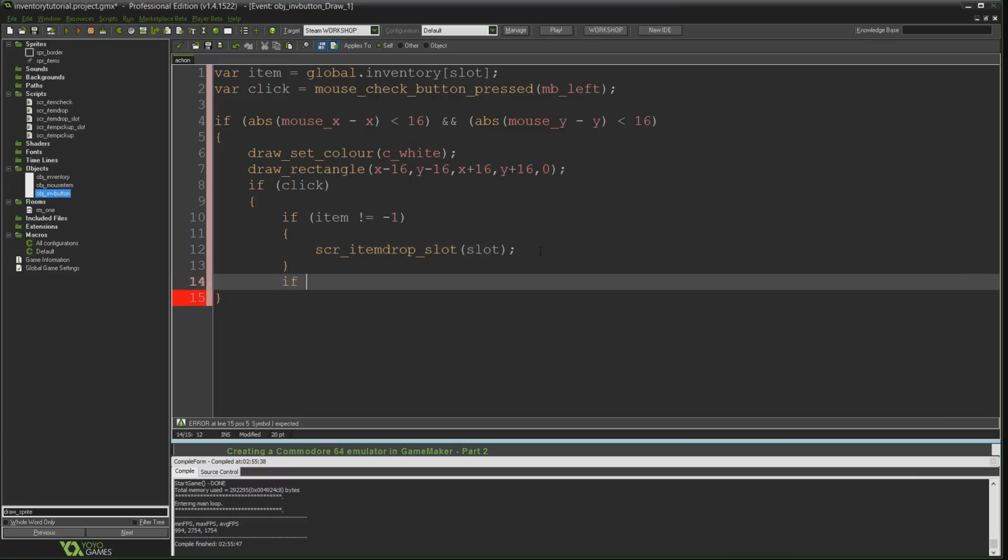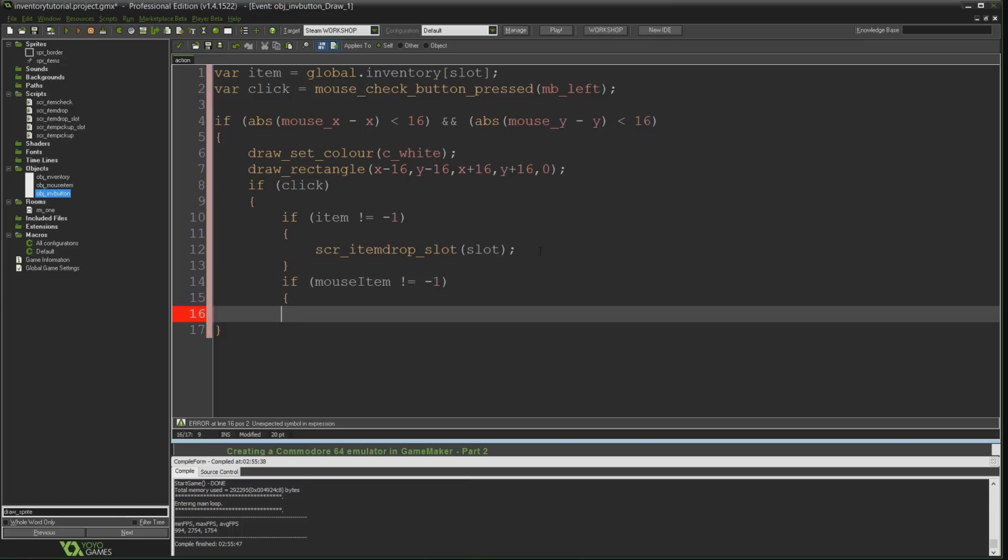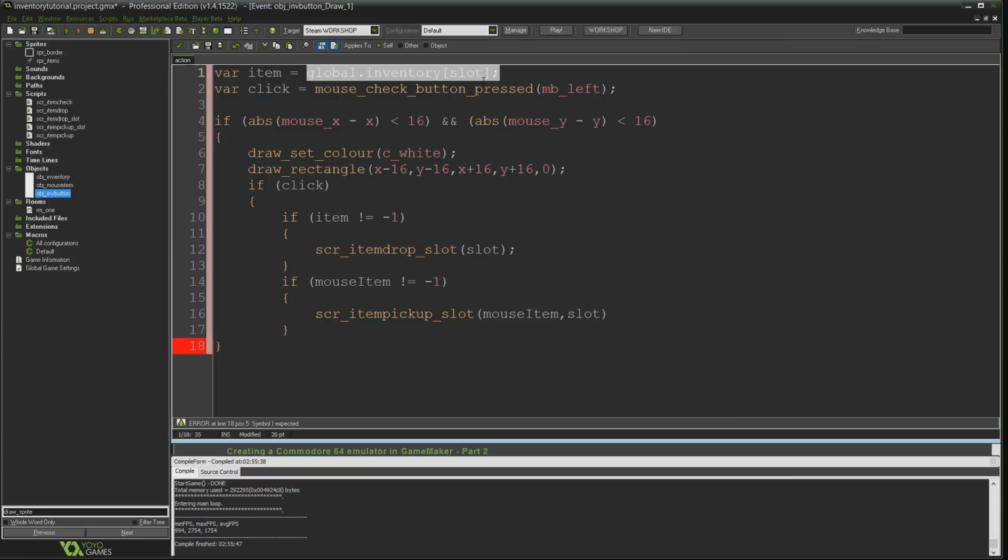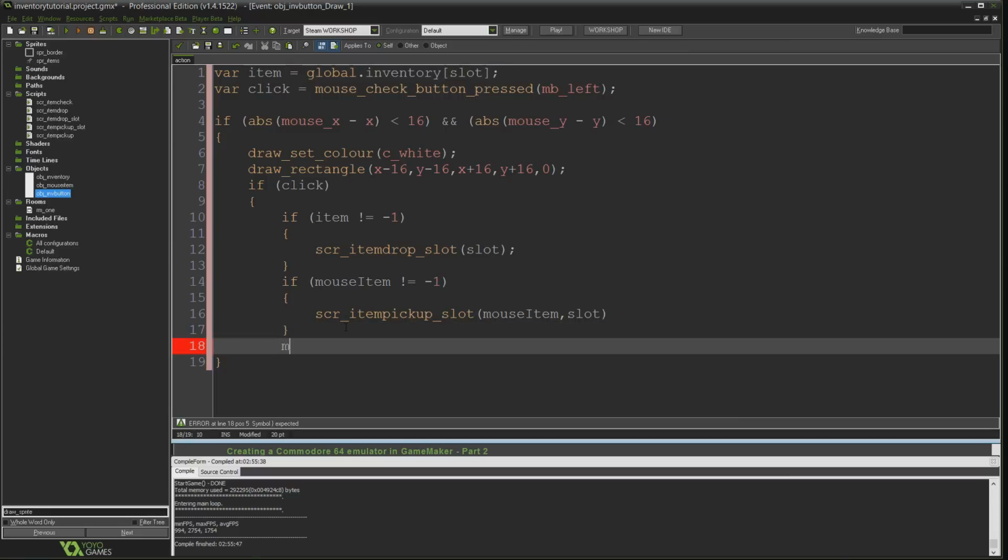So that means we can say if mouse item does not equal -1, so if we have an item on our mouse, which I know we haven't set up yet, but we'll get to that, scr_item_pickup slot mouse item slot, so we can add our current mouse item to the slot. Again, that adds it to the slot, which is changing global.inventory, but that hasn't changed this variable yet. And because we still have that variable, we can now just say mouse